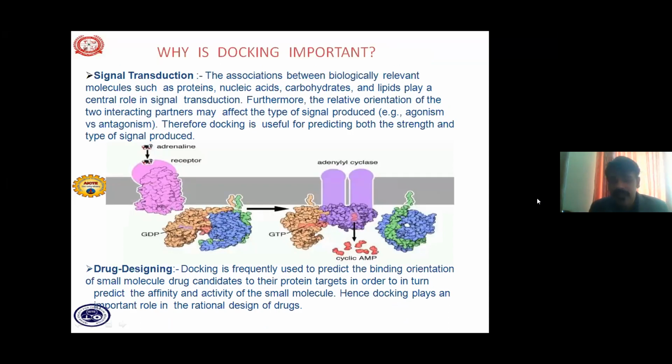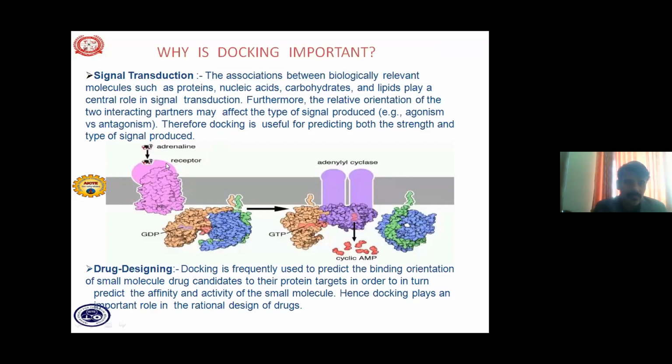So why is docking important? Why do you have to do docking? What is the reason everyone should do docking? Look into this picture now. Just now I was speaking about the receptor. The association between biologically relevant molecules such as proteins, nucleic acids, carbohydrates and lipids plays a central role in signal transduction. Furthermore, the relative orientations of two interacting partners